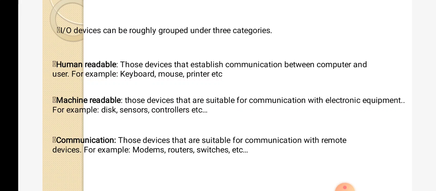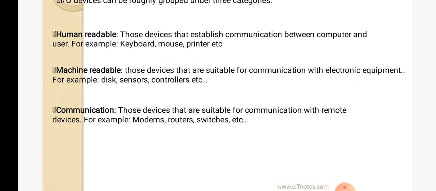Those three are techniques. Here human readable, machine readable and communication are three groups, and under any one of these groups the device is classified.